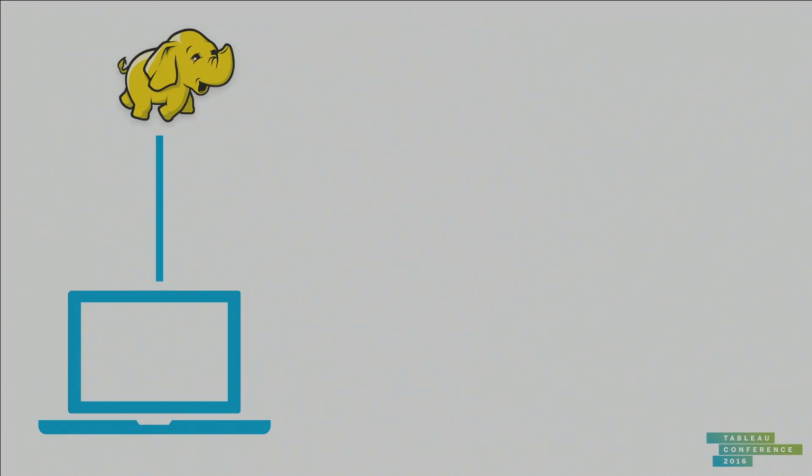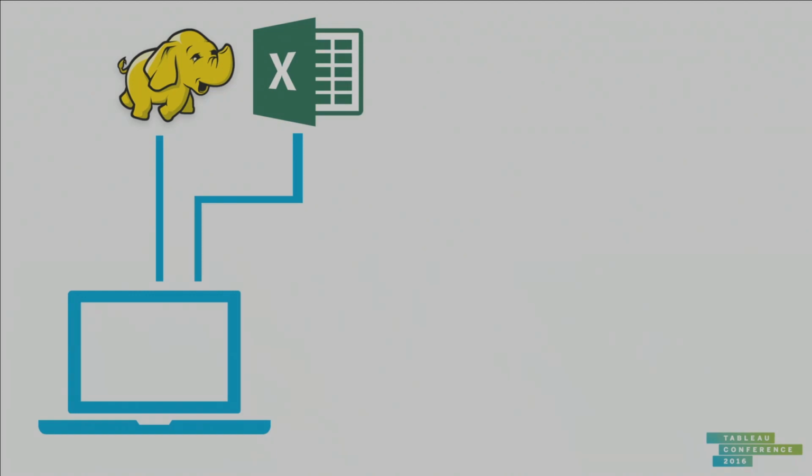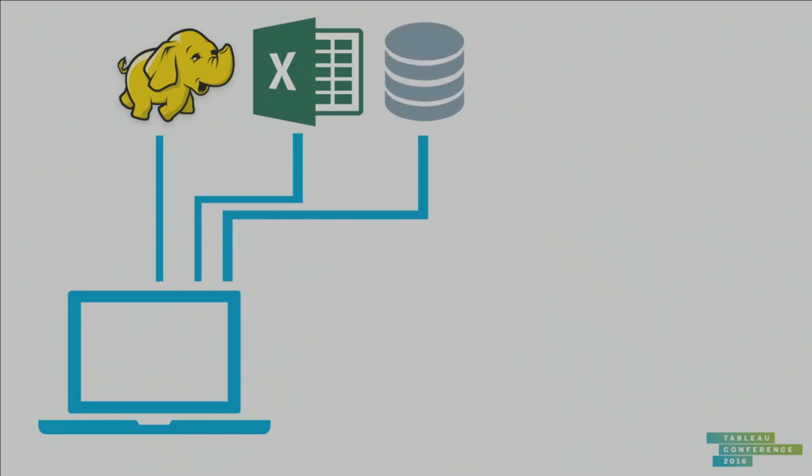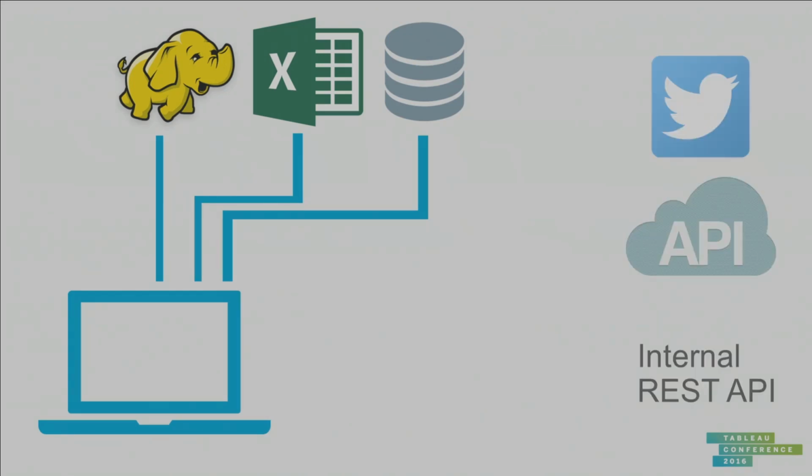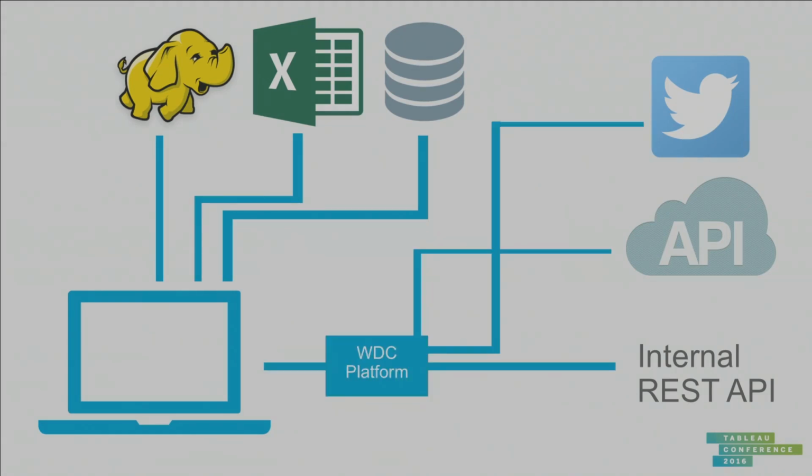So where does it fit within the ecosystem? Some of you may have this little elephant here in your organization, right, the little Hadoop. Some of you may be closet Excel users. It's okay. You're with family and friends. You can admit it, we're all good, right? Or you may have that great ETL database that your IT has provided for you that's fast and efficient. But what about the other data sources I may want to get to, like my Twitters, or my cloud APIs, or even our great REST API? That's where the Web Data Connector comes into play. It gives me the ability to make that look like a database that I can connect to, refresh and share.